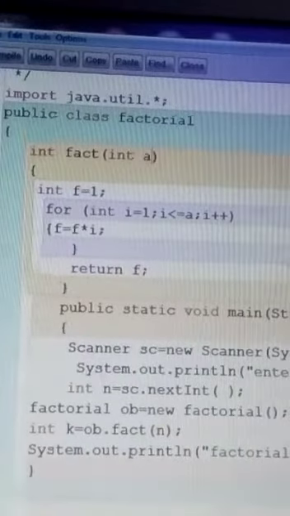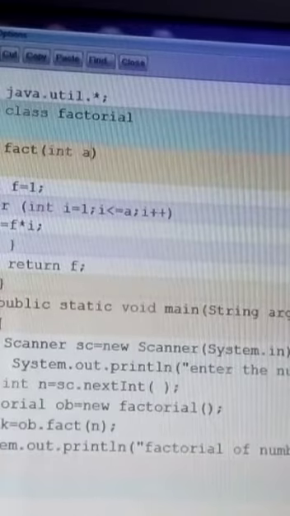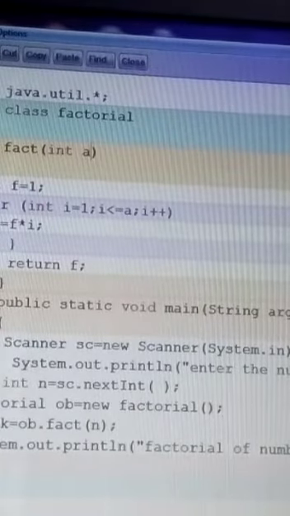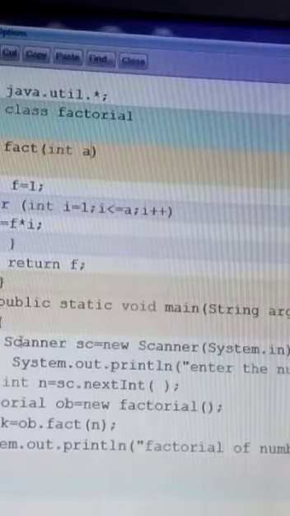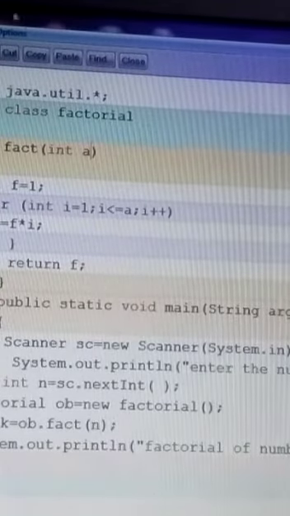We have created one main function, and in the main function, as it is visible to you all, we are using the scanner statement over here. We have written Scanner sc = new Scanner(System.in).